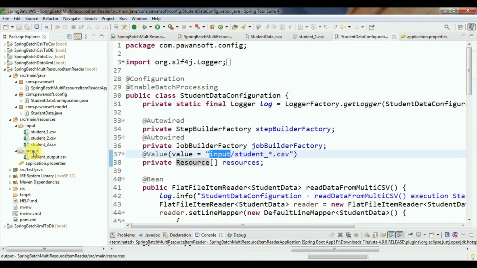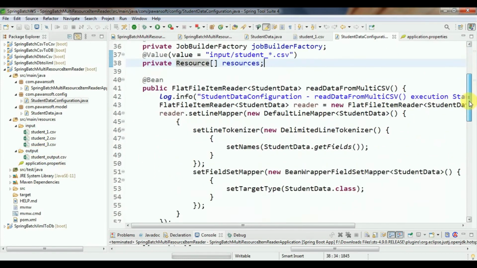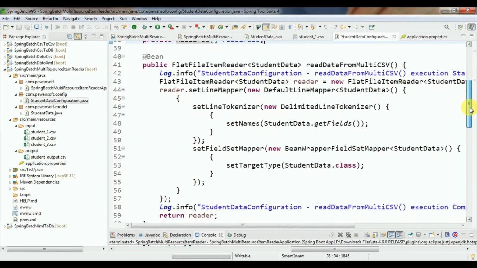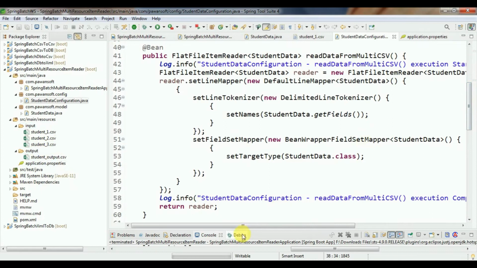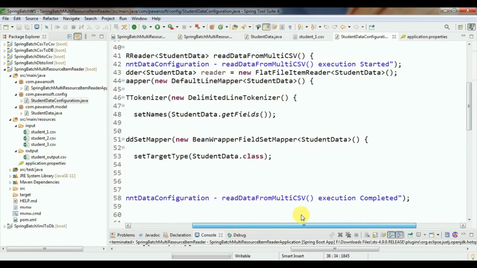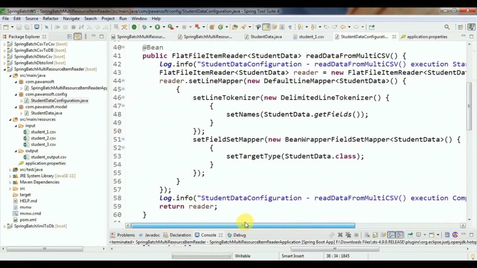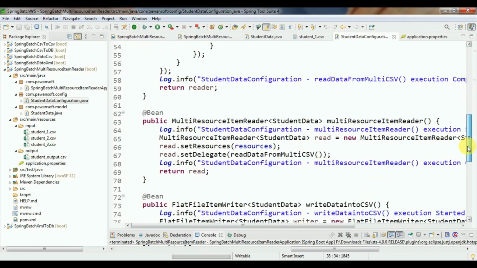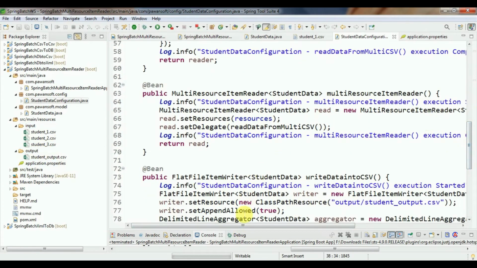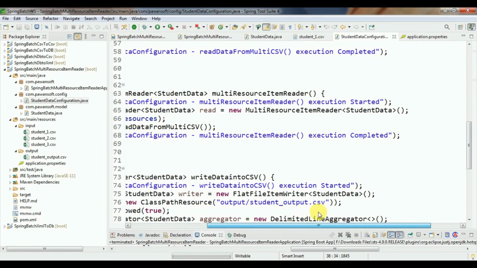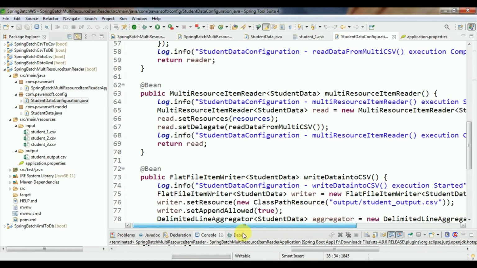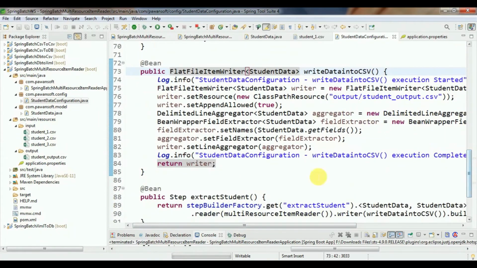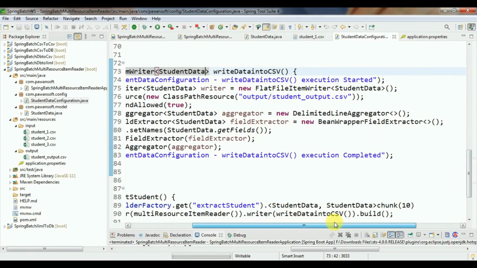And this is the output, and this is the reader to read the data from the CSV file, and this is the multiple resource item reader to read the data from multiple resources, and this is the writer to write the data into the CSV file.